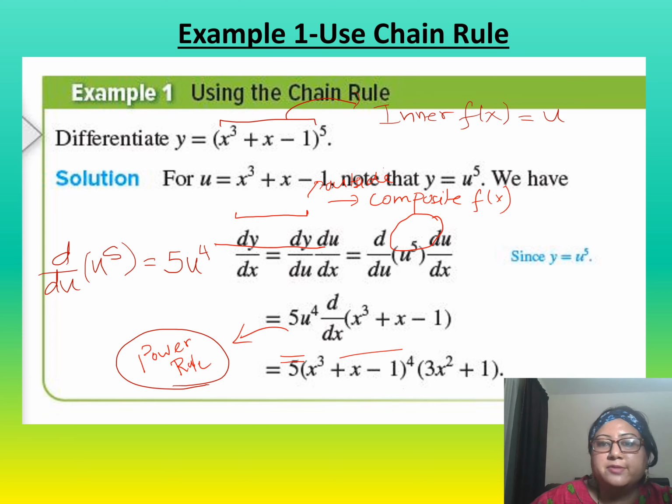So you just substitute the value of the variable u and then differentiate it with respect to x to get the final answer. And remember, we did not start the question with variable u. In the question, it was given with variable x. So in the last step, once you reach your final answer, wherever there is u, you are going to replace it with x cube plus x minus 1 to the power 4. So that completes your solution. I'm sure this has been quite clear for you. Let's move on and take some more examples.